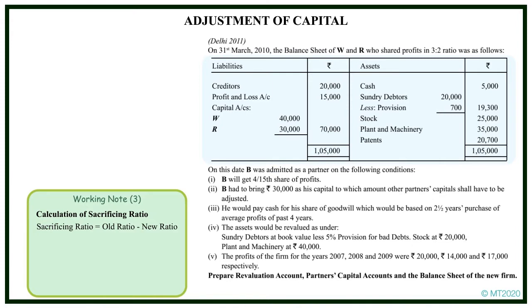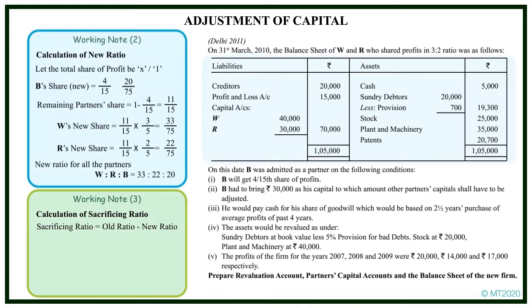Thus, if we calculate the sacrificing share of W, we get it as 3 by 5, the old share of W, minus the new share of W, 33 by 75, which is equal to 12 by 75. Same way for R, old share minus his new share is equal to 8 by 75. And for B, he didn't have any old share, so it is 0 minus his new share 20 by 75, which comes as minus 20 by 75. Thus, the share which is coming as a negative figure indicates that this partner has gained the share from the other